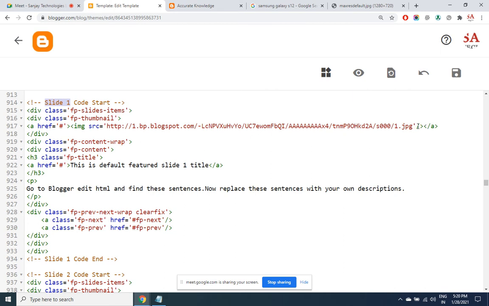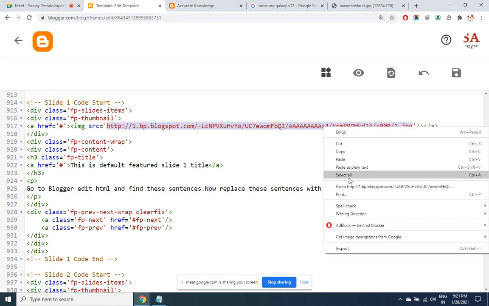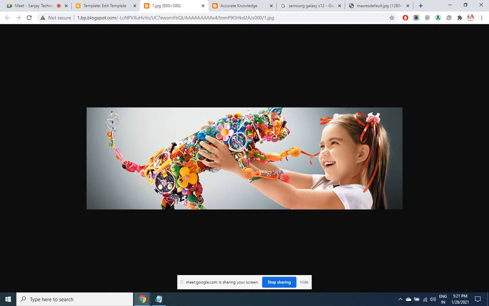JPG extension is used for images. So most probably this is the image which is coming in the slider. You can confirm it by copying this URL and placing it in the browser. Yes, it is the same image which is coming in the slider.